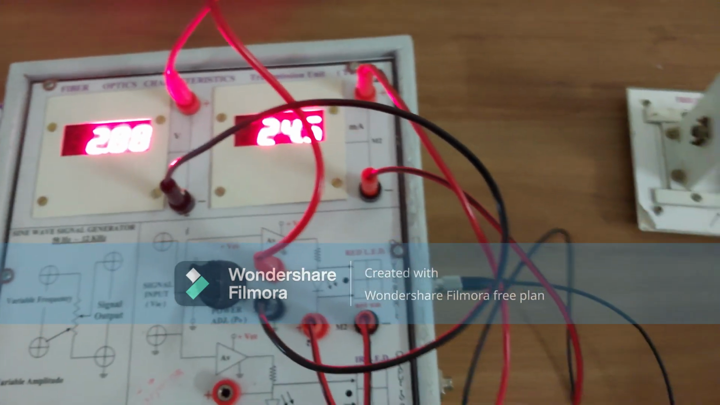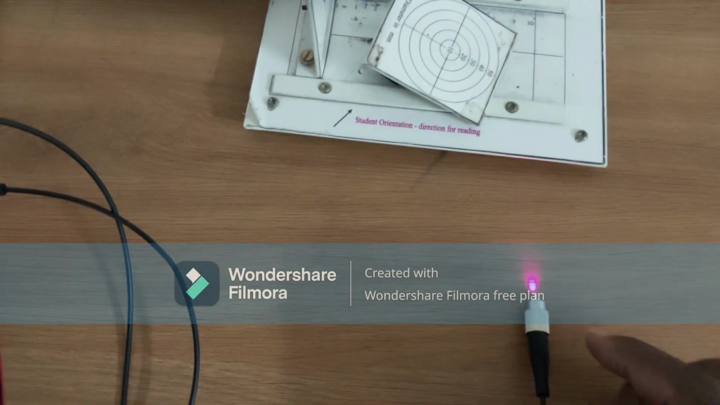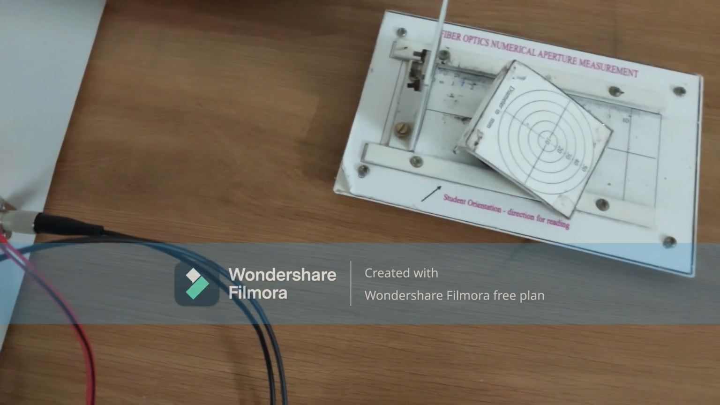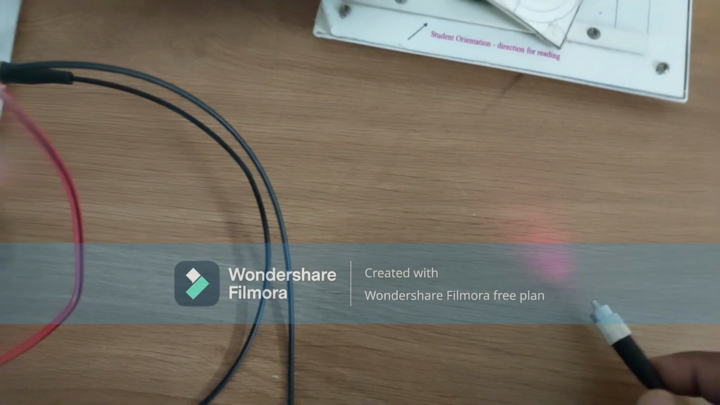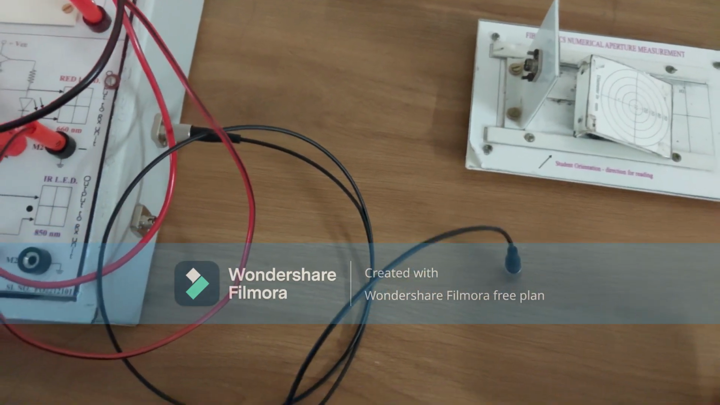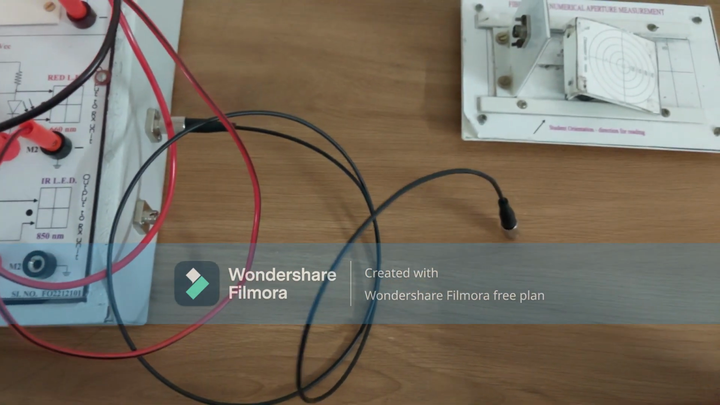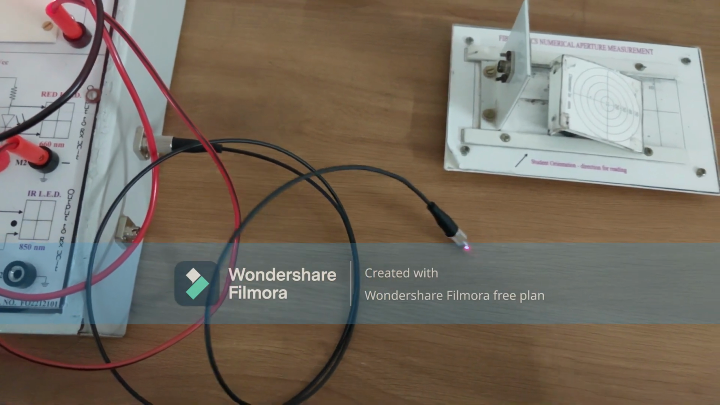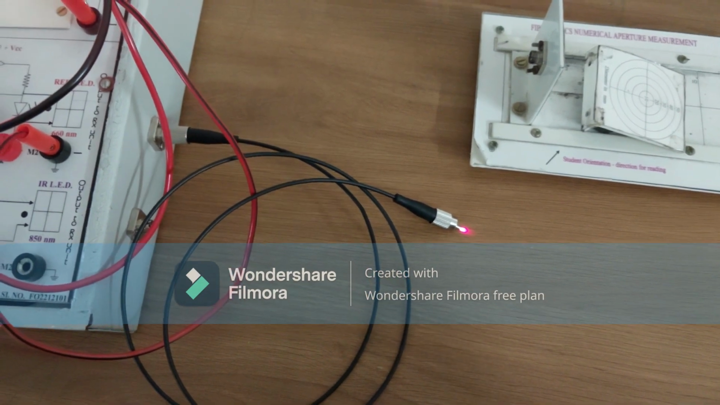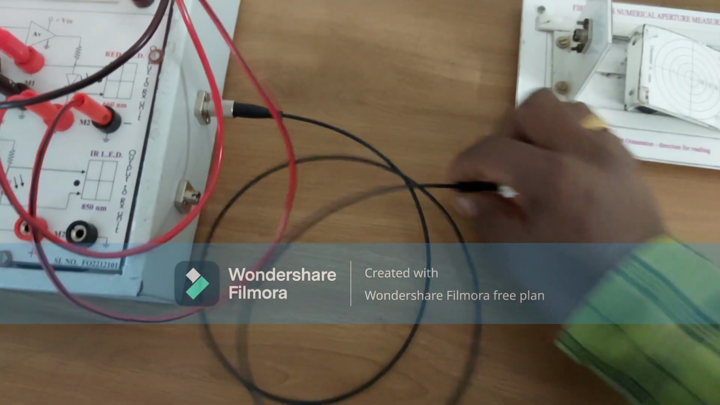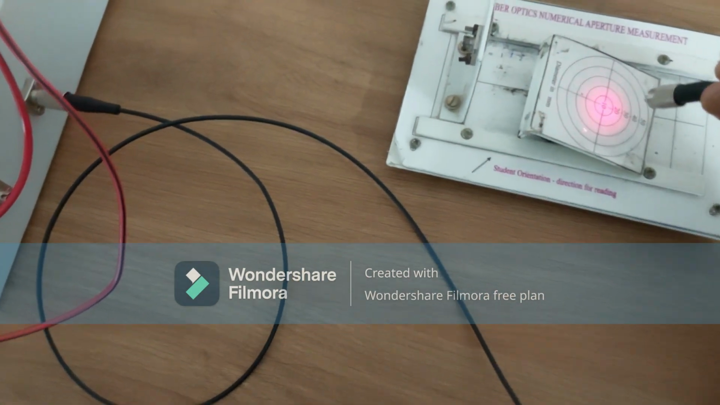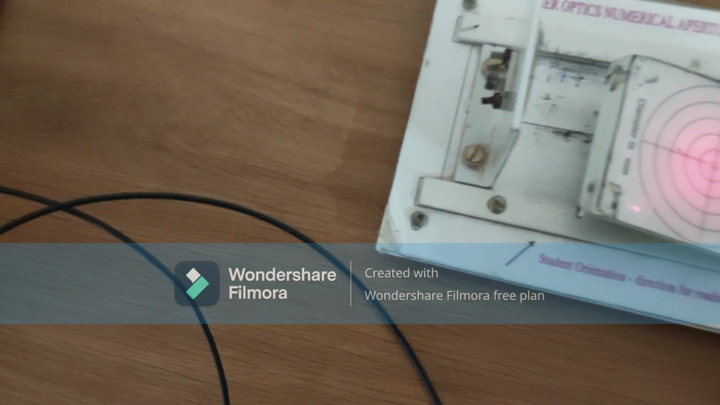Now check the other end of the optical fiber cable. Is light coming out of this cable or not? Numerical aperture is defined as the light gathering capacity of an optical fiber and is a measure of the number of light rays. In this regard, when the other end of this optical fiber cable is focused to the screen which holds a